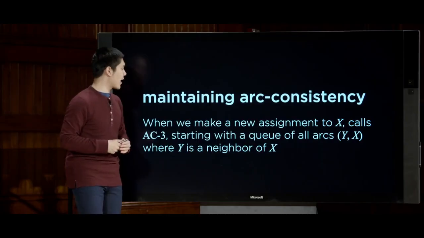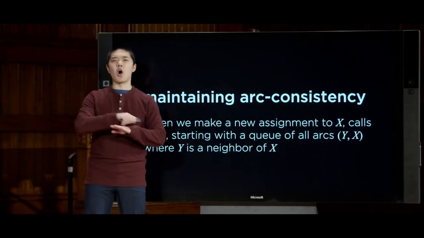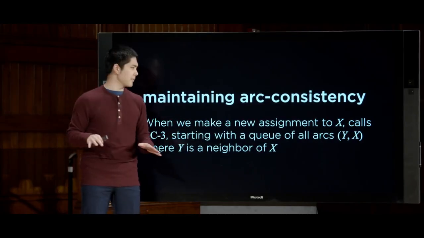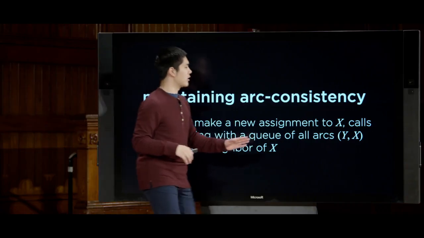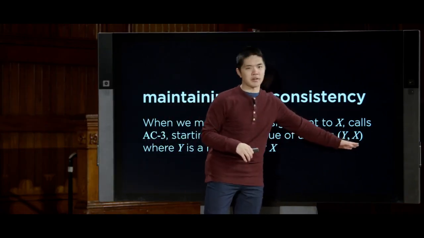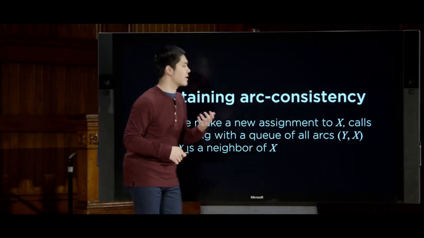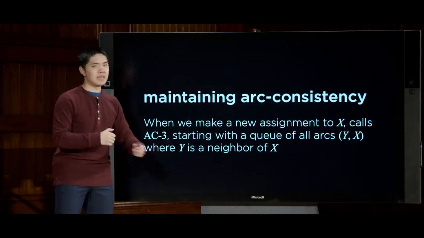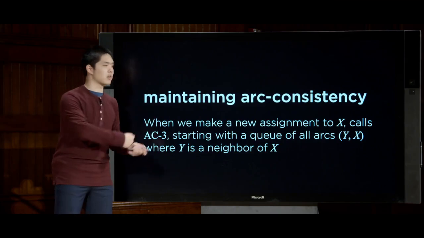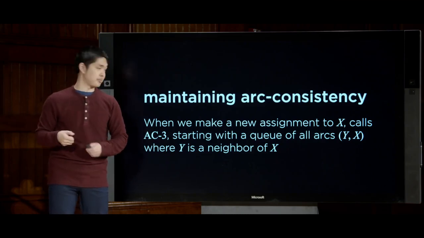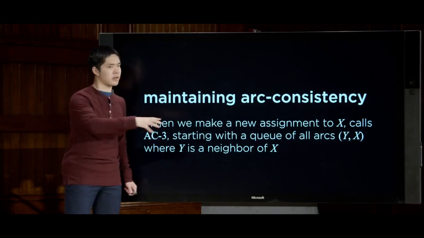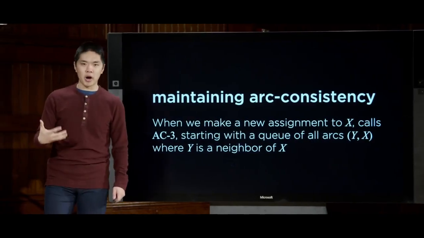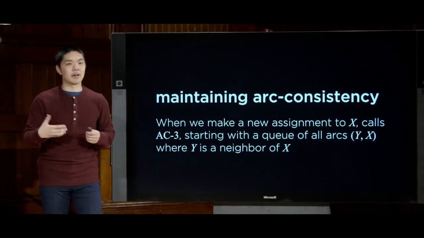And we go ahead and call that, starting it with a queue, not of all of the arcs, which we did originally, but just of all of the arcs that we want to make arc consistent with x, this thing that we have just made an assignment to. So all arcs y, x, where y is a neighbor of x, something that shares a constraint with x, for example. And by maintaining arc consistency in the backtracking search process, we can ultimately make our search process a little